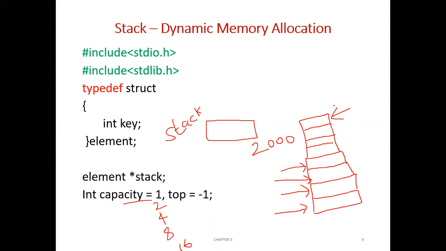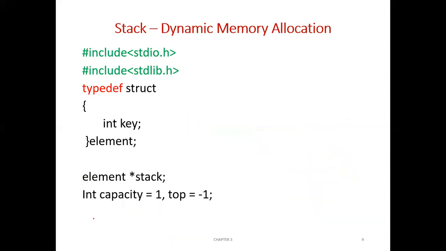So it means that, dynamically, depending on the requirement, the memory is allocated, but whenever we allocate the memory, it is allocated twice the previously allocated capacity, right? So how can we do that? That's what we are going to discuss here. First we have created a pointer. Stack is a pointer which can hold the address of the element.